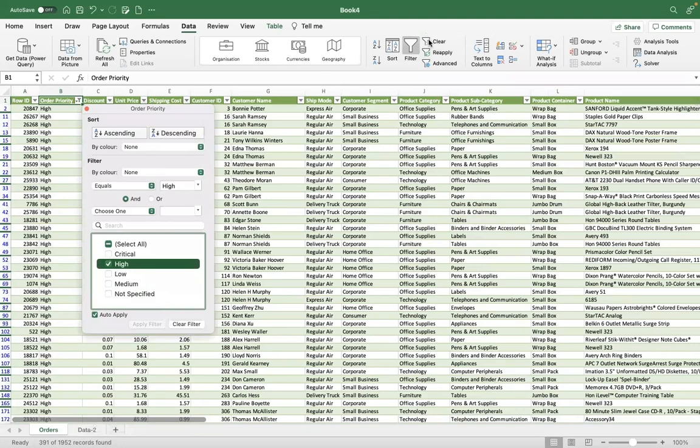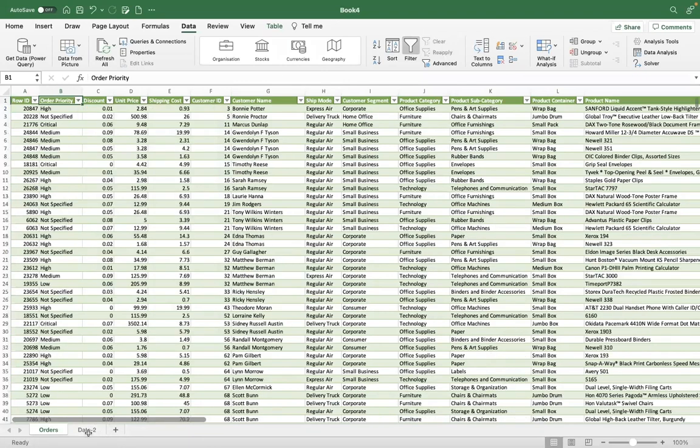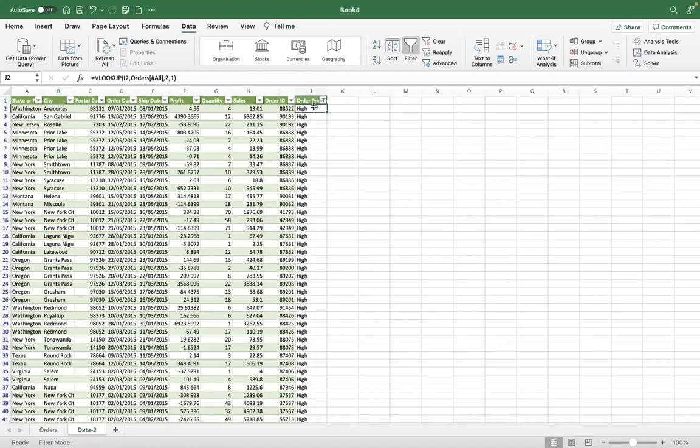So this is not exactly matching. Approximate match won't be an answer for us, especially in the case of this order ID when we are trying to match it with a separate key. So this was just an example to showcase what is possible